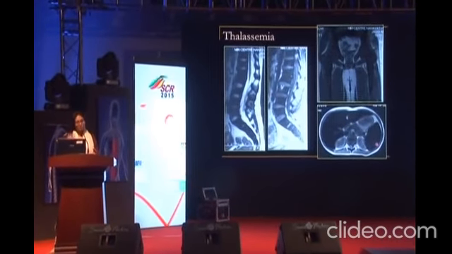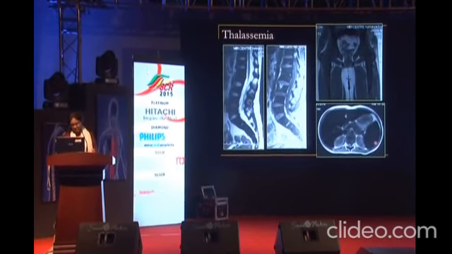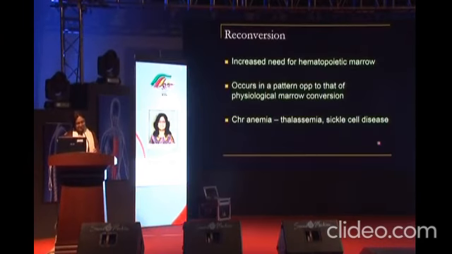Vertebrae may be very dark in hemosiderosis, which we see commonly. We see a number of thalassemia patients in our practice. You see the vertebrae very dark. On T2 also it looks darker than the disc. On T1 it's dark, all the bones are dark. Look at the liver and the spleen, completely dark. So this is because of iron deposition, because of the repeated transfusions this patient has received.